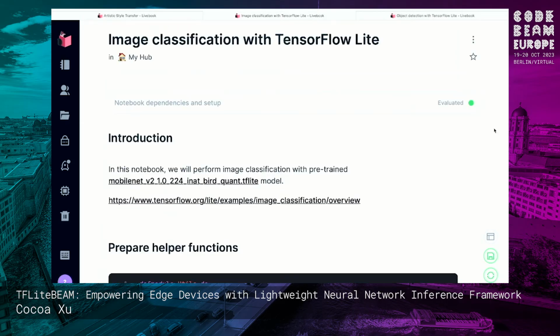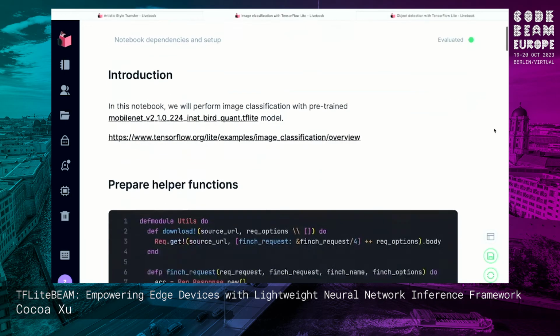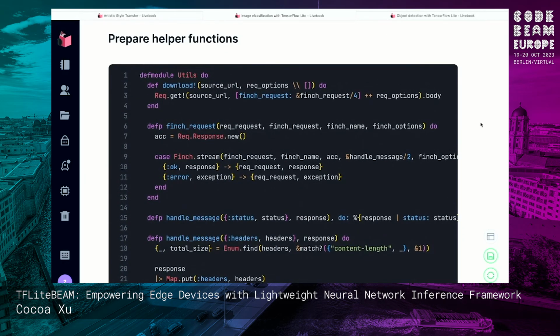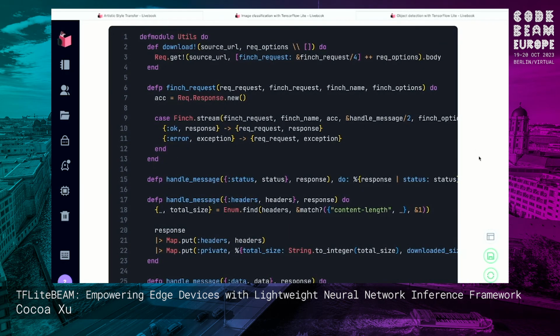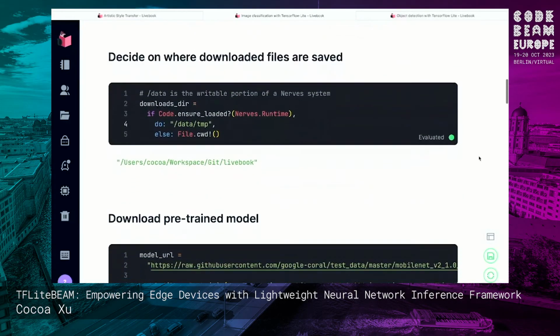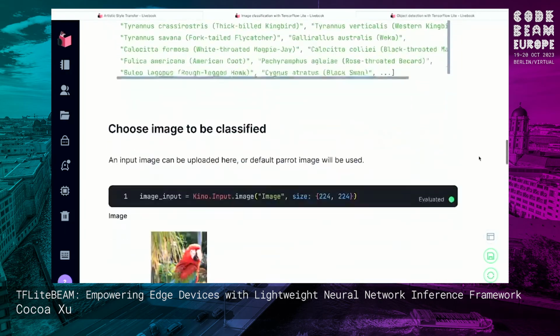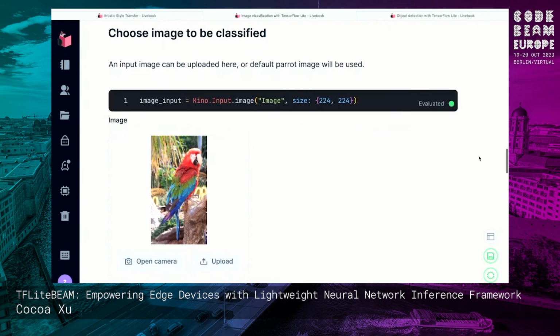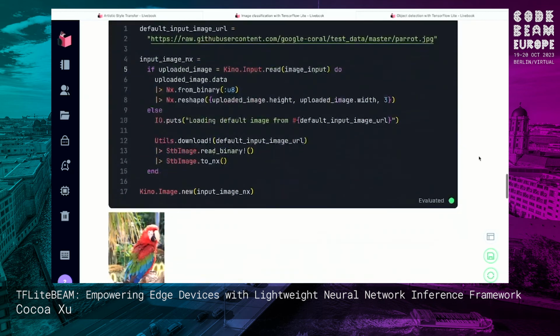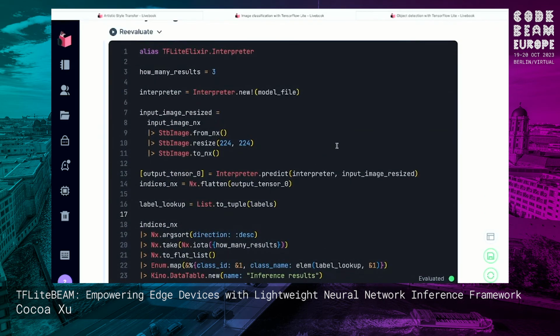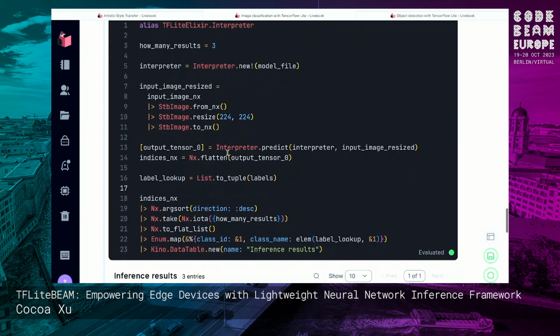Now let's have a look at the second demo, image classification, and we have some helper function that downloads some demo files for us, and then we just download the pre-trained model and its label, and then we choose the image that we want to classify which bird is in that image, and then we can do whatever we talked about before. We simply get a new interpreter, and then we resize the input image, and then we use this predict function, and it will